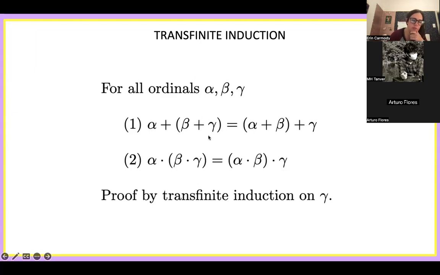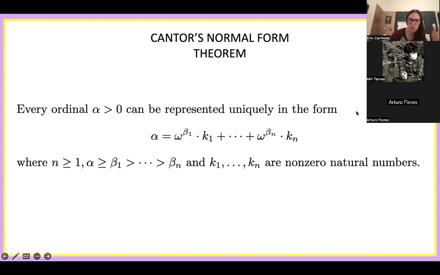So here's something that we can prove with transfinite induction. We can prove these associative properties of multiplication and addition, for example. Also another thing we can prove with transfinite induction is Cantor's normal form theorem. So I just want to mention it. It's a really cool theorem. Every ordinal alpha greater than 0 can be represented uniquely in this form: omega to the beta sub 1 times k sub 1 up to omega to the beta sub n times k sub n,